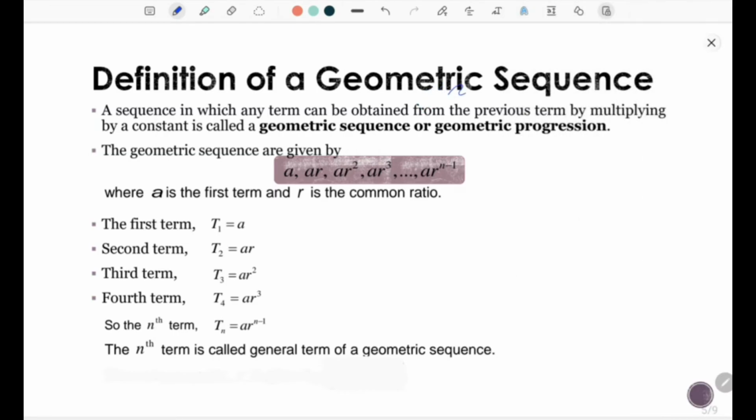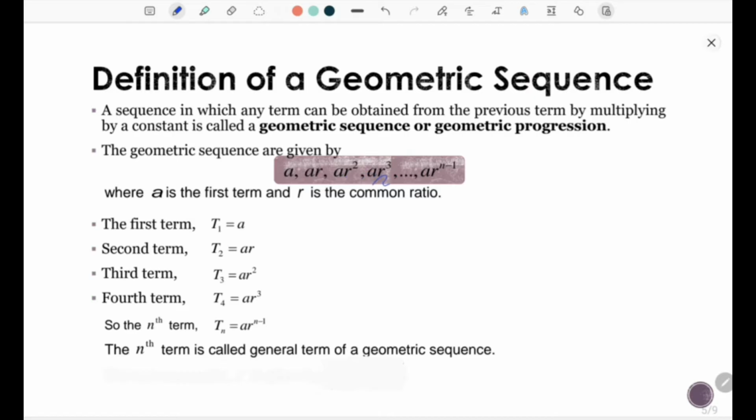Definition of a geometric sequence. What is a geometric sequence? A sequence in which any term can be obtained from the previous term by multiplying by a constant is called a geometric sequence or geometric progression. So the geometric sequence is given by